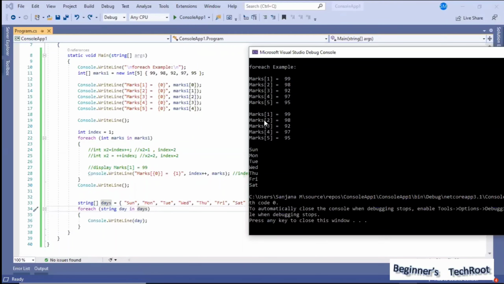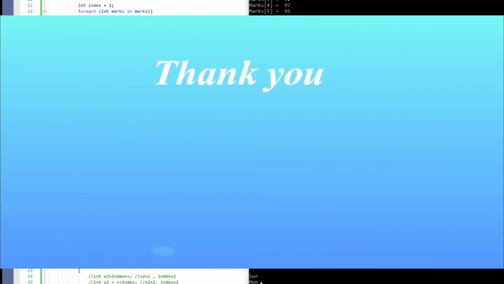And the second set that is displayed, it is displayed using a for each. So that is the advantage of the for each. Similarly, in the other example, Sunday, Monday, Tuesday, Wednesday are displayed in the same way using the for each.